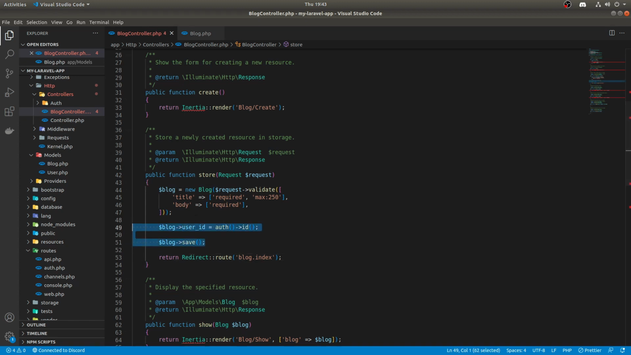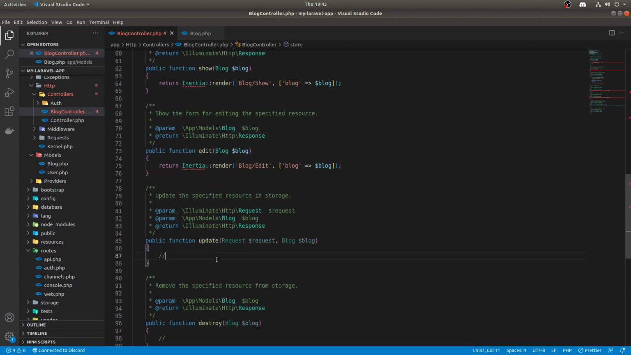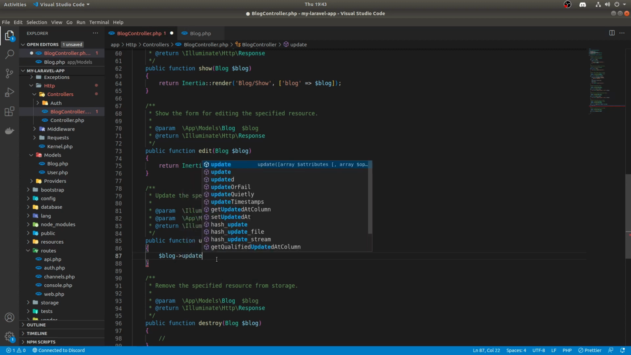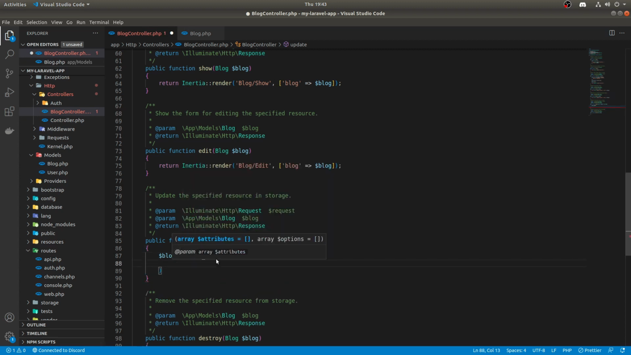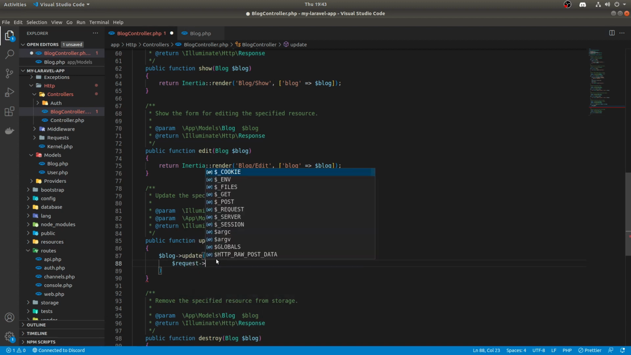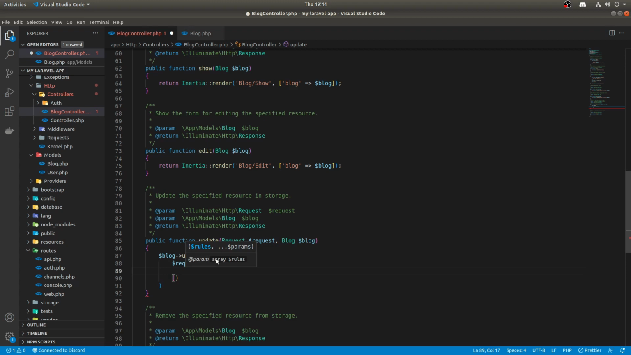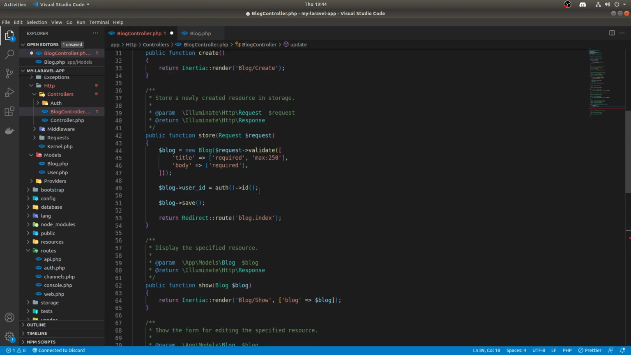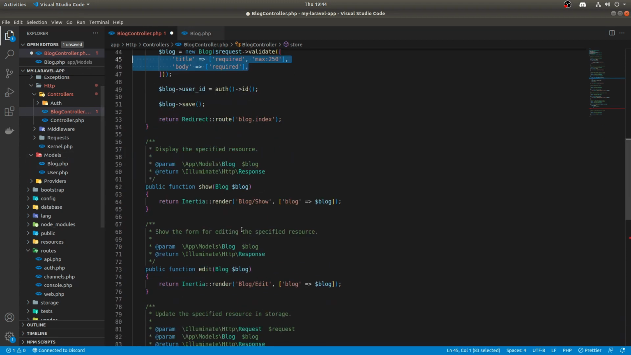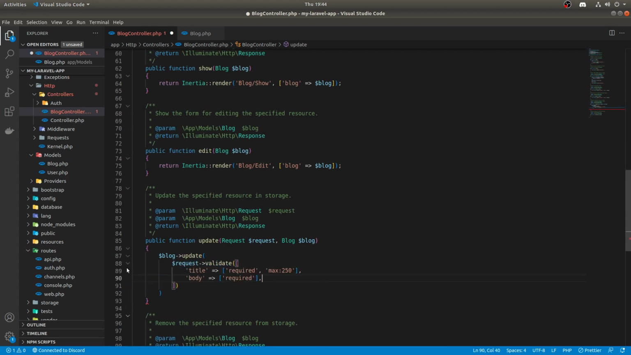So yeah, what we might want to do is, if we do blog, we can call update directly because we're not going to be changing the user ID on this. So if we do blog update, and then we'll do request validate, and then pass in the array, and it's going to be the same as these ones up here basically. So if we add those in, we've got the title, the body, and then we just return